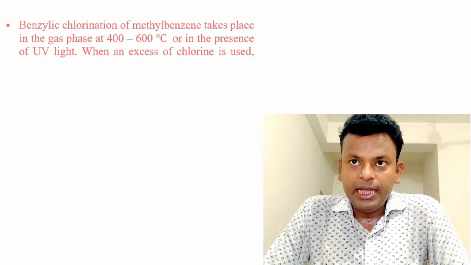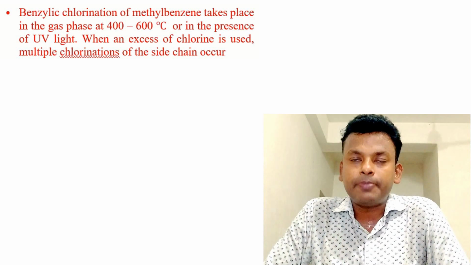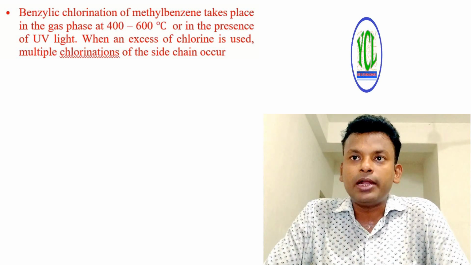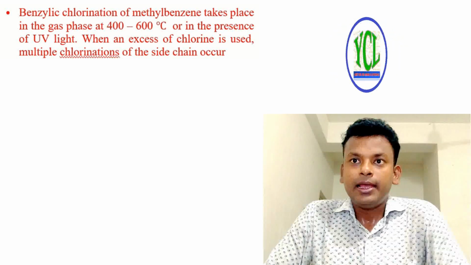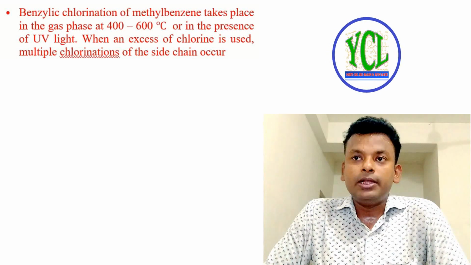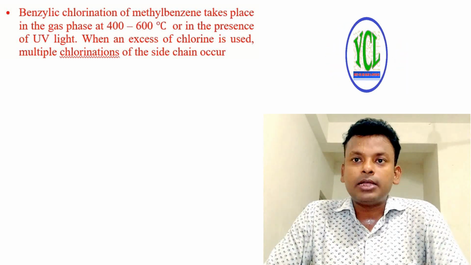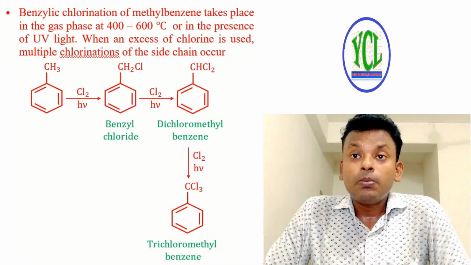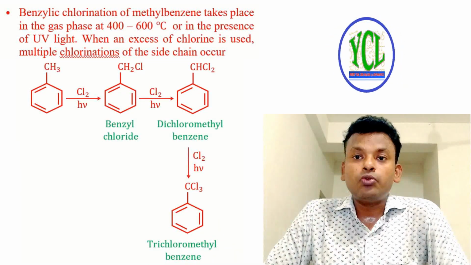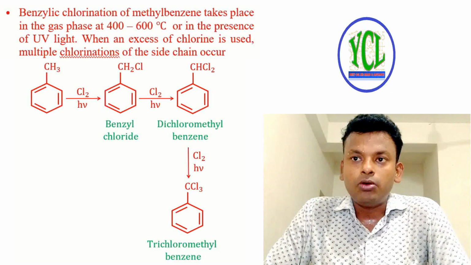And next, benzylic chlorination of methylbenzene, that is toluene, takes place in the gaseous phase, at 400 to 600 degrees centigrade, or in the presence of UV light. When excess chlorine is used, multiple chlorination of the side chain occurs. That is the first reaction given here: toluene with Cl2 forms benzyl chloride, and next forms dichloromethyl benzene, and next